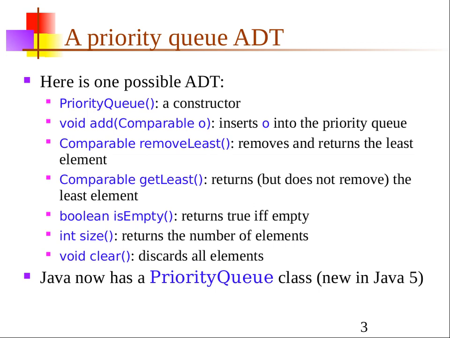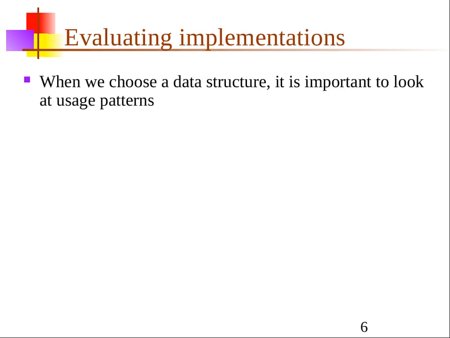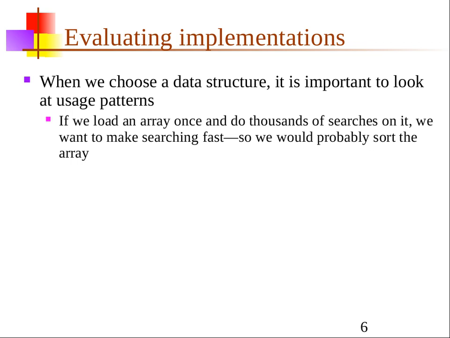So the priority queue, same thing. The queue was an abstract data type, and the priority queue is the same. It can be constructed, you can add something, remove the least, get the least if you want to, check if it's empty, and possibly get the size. So the interface is actually pretty simple. So we need to think of a data structure. Before we do that,